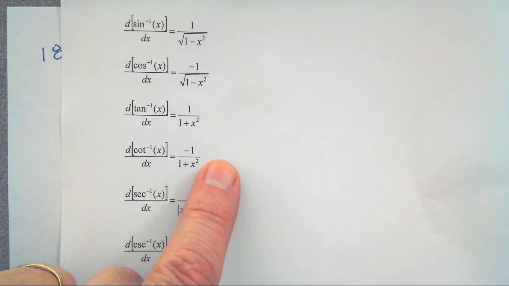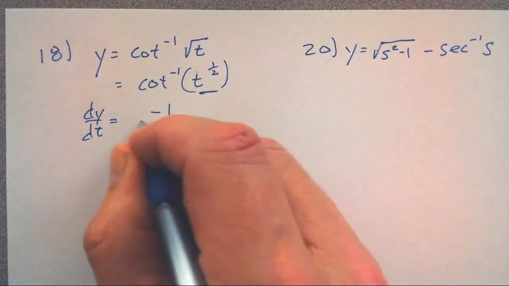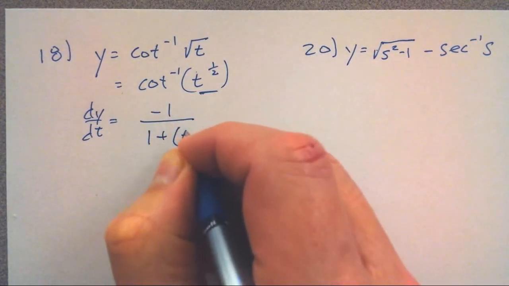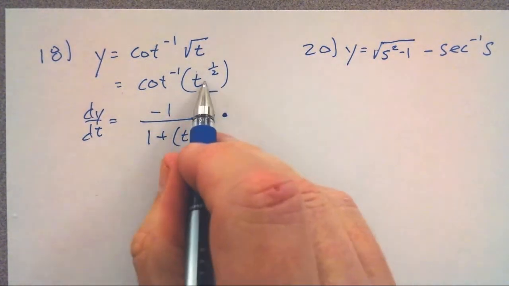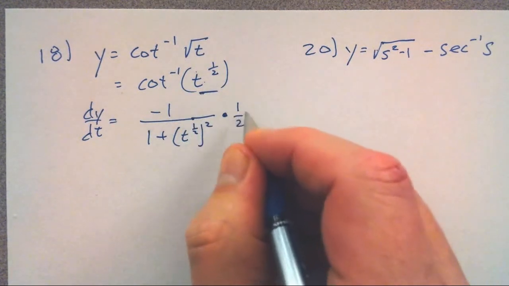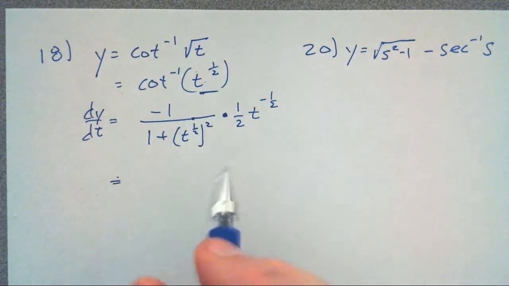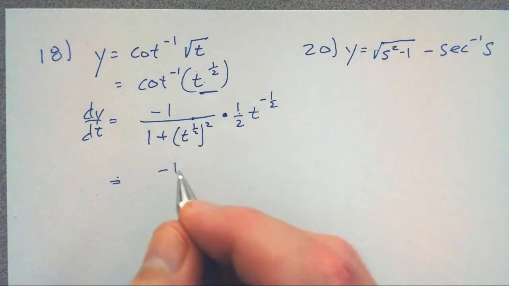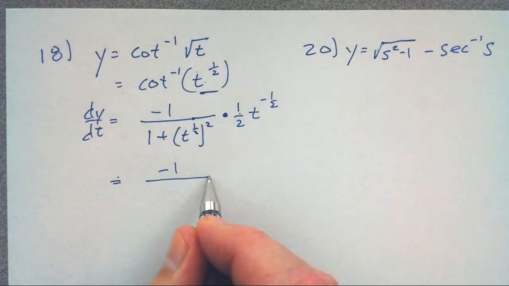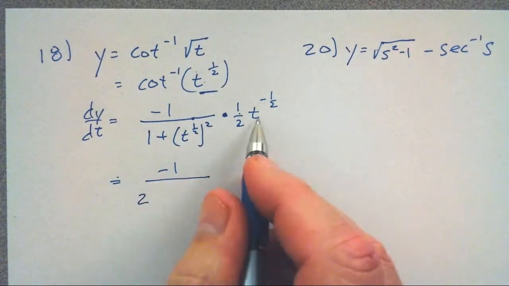And then if we have an argument, we got a baby function. We have an argument other than x. So negative 1 on 1 plus the argument squared. So this becomes negative 1 on 1 plus t to the 1/2 squared, but times this guy's derivative, times 1/2 t to the negative 1/2. Or let's see, the only thing from here that would go to the numerator is this 1. Negative 1 on, in the denominator, there's going to be a factor of 2, there's going to be a factor